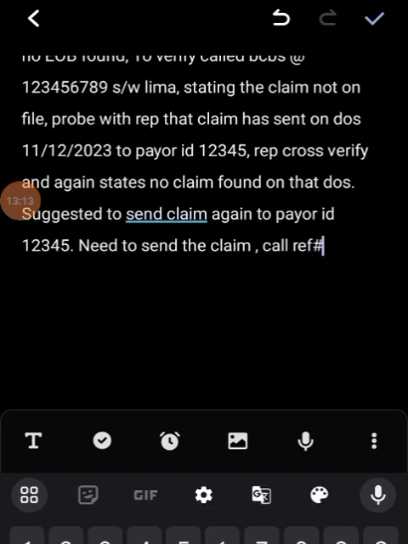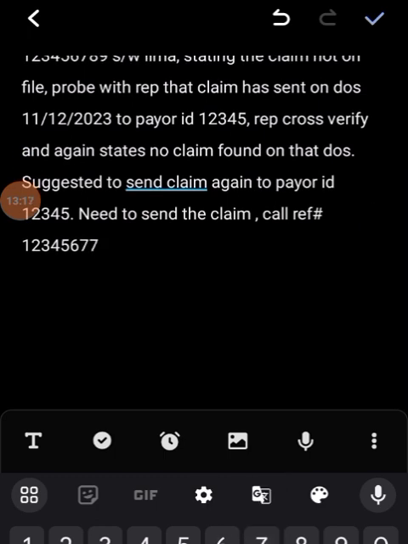At the end of the day, we will close the call with a call reference number, right? So we should mention the call reference number also before we send the claim again. We need to mention the call reference number, bro, before